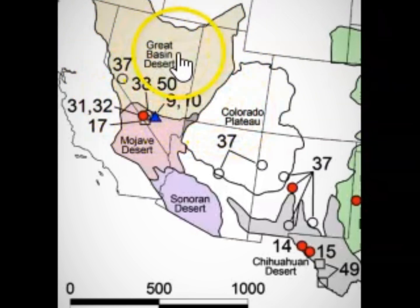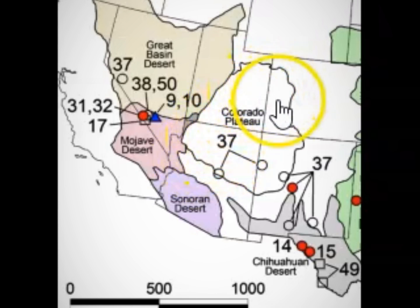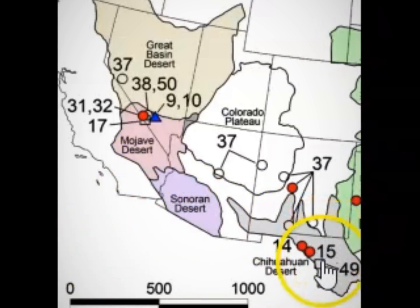But the cold deserts of the Great Basin Desert and the Colorado Plateau tend to have some desert aspects to them. Now, the Colorado Plateau has quite the range, so it's not all considered desert, but certainly parts of it are, especially in northern Arizona. The other big difference between hot deserts, the Mojave, Sonoran, and Chihuahuan Desert, and the cold deserts, the Great Basin and Colorado Plateau,